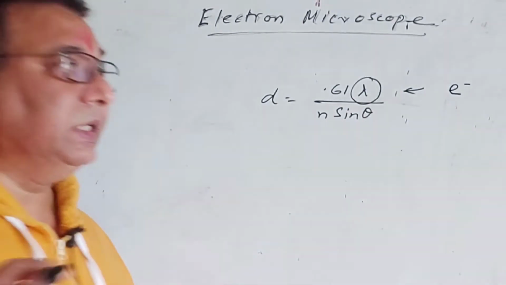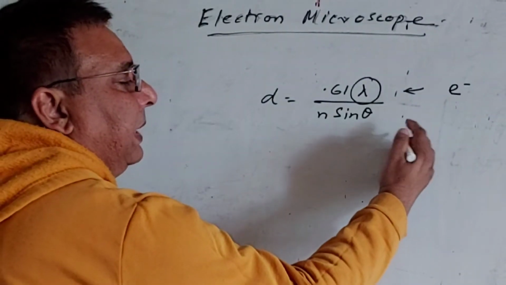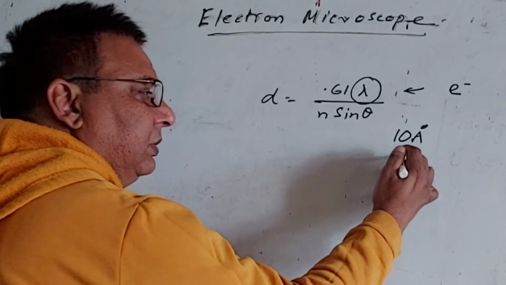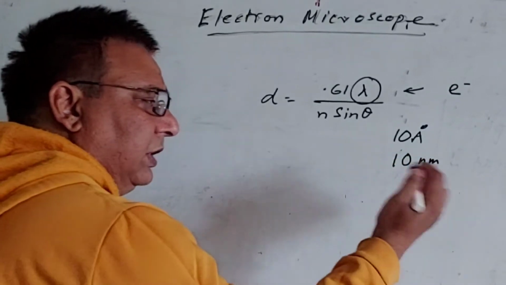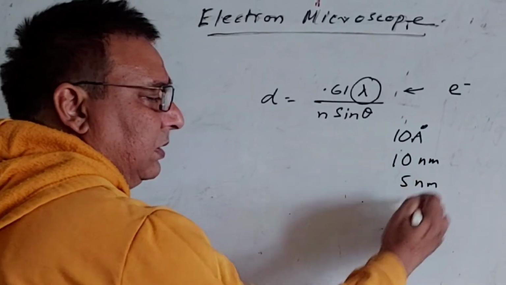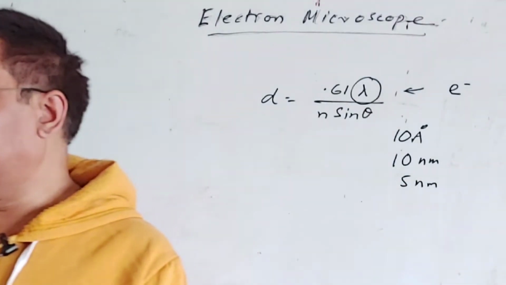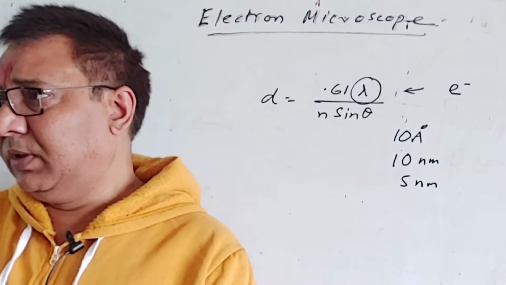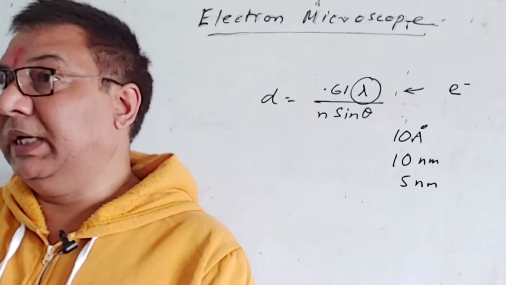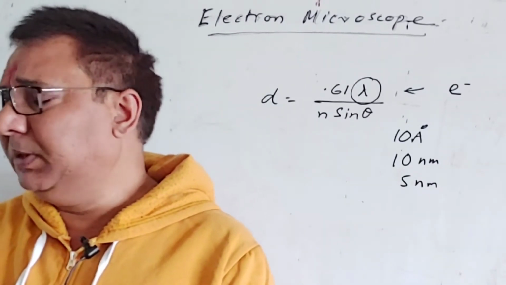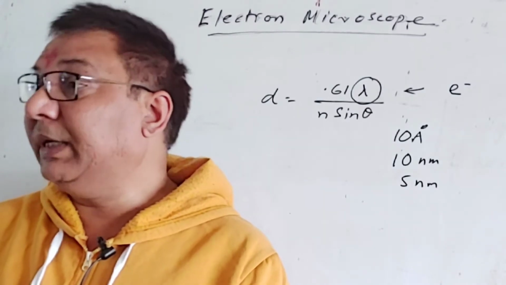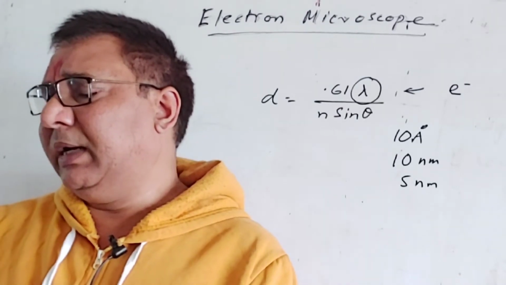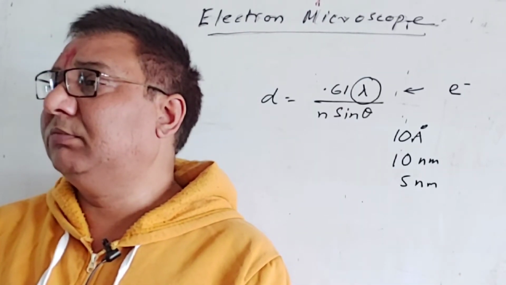That is the thing. And you can decrease it theoretically to a level maybe up to 10 angstrom or even less. Usually they decrease it up to 10 nanometer or so, so that you can observe objects of about 5 nanometer, a little bit more than that. So you can observe a membrane, which is about 7 nanometer. You cannot observe, of course, DNA, which is 2 nanometer. So double-stranded DNA will not be visible with a high resolution electron microscope, though a TEM with a projector lens of a kind can in fact resolve double-stranded DNA also.